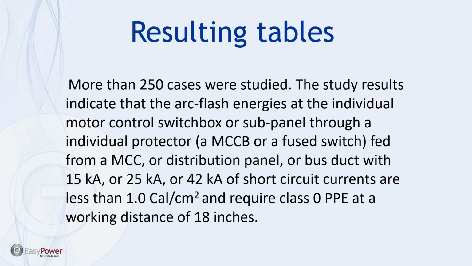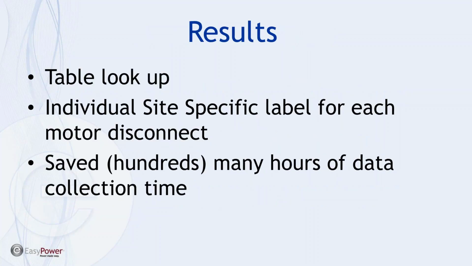And the resulting table basically indicated that more than 250 cases were studied, and the results indicate that the arc flash energies at the individual motor switch box or sub panels through a motor protector fed from a motor control center, a distribution panel, or a bus duct with the following range of currents would be less than 1.0 calories. And these were the days 10 years ago or so where we were still using class category PPE ratings, and ultimately that's what they were able to utilize for their results. So as a result, they used a table lookup then for their site-specific labeling, and it did save hundreds